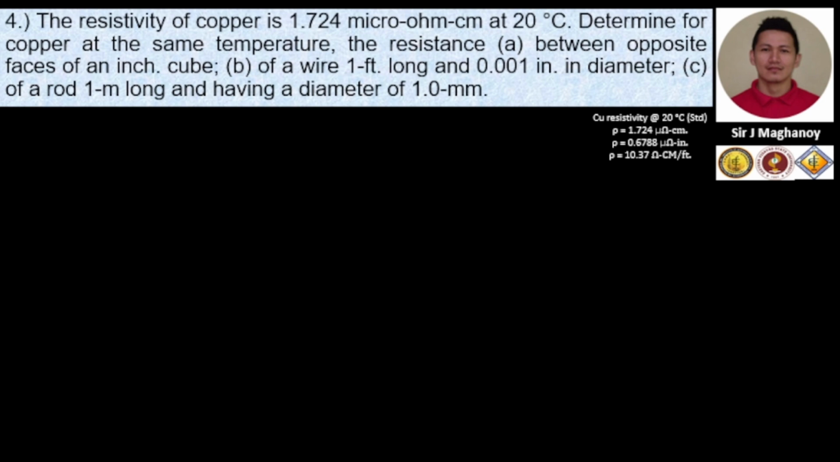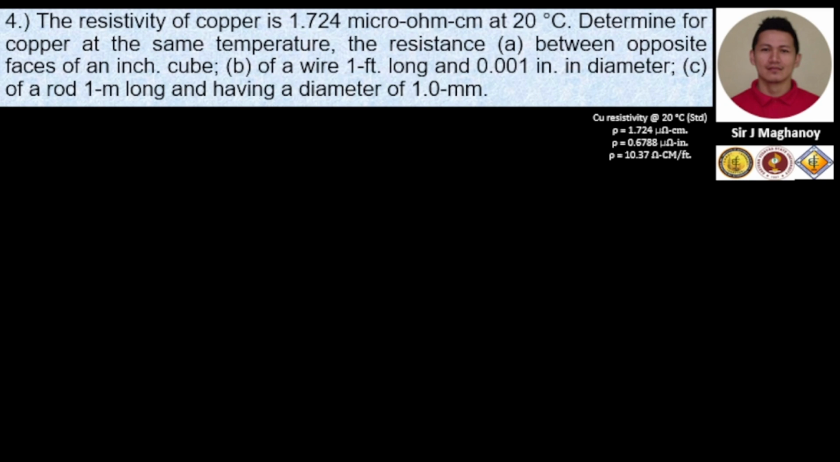Fourth problem. The resistivity of copper is 1.724 micro-ohm centimeter at 20 degrees Celsius. Determine for copper at the same temperature the resistance of A, between opposite faces of an inch cube, B, of a wire 1 foot long and 0.001 inch in diameter, C, of a rod 1 meter long and having a diameter of 1.0 mm. Okay, so let's start with the problem